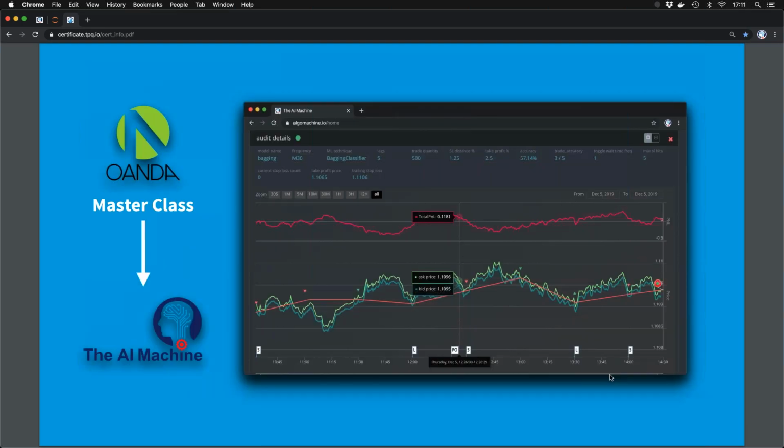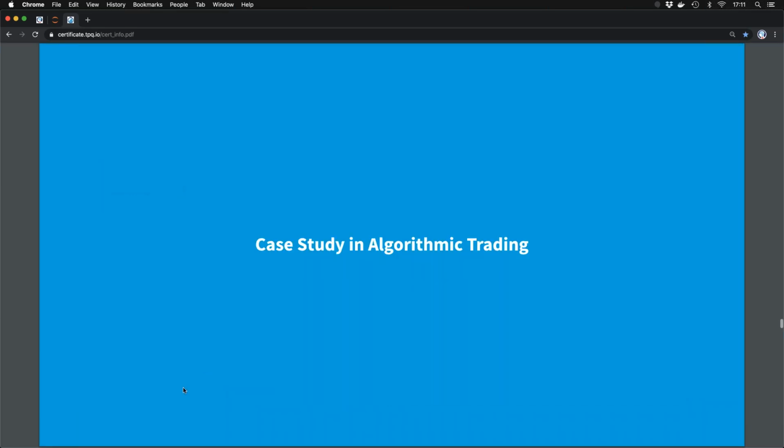Then we have a masterclass just recently introduced, where we cover Wonder to some higher level of detail. And the goal is to be able to then work better with the AI machine, because I said for the first time we will grant access to Platinum delegates to the AI machine. So here it's all about Wonder, reviewing certain topics, going deeper with other topics, and then having the interface to the AI machine. Now the case study.